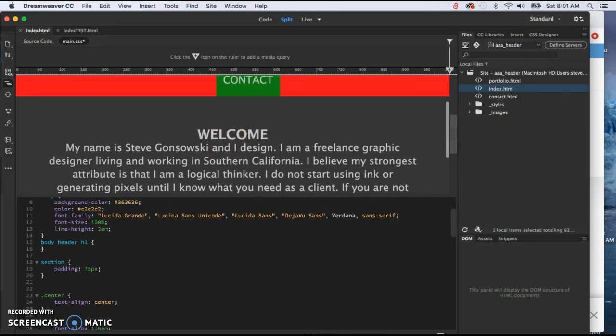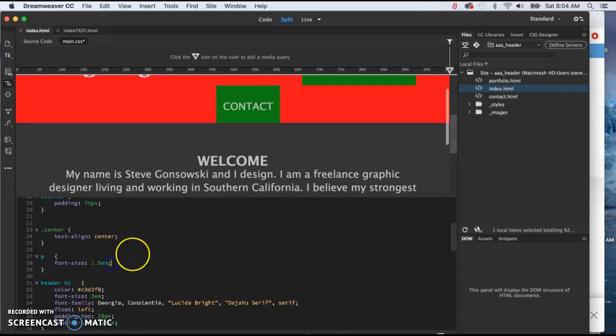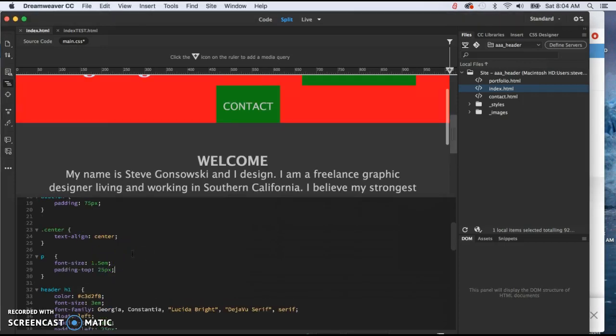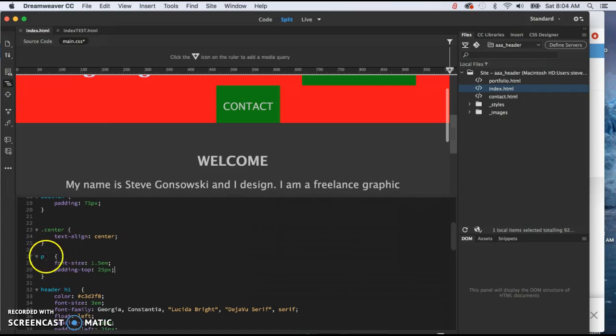The H2 tag is too close to the paragraph. So what I'm going to do, since this is a portfolio site and not a paragraph heavy site, is I'm just going to write right in for the P tag. But if you have multiple paragraphs, again, you'd have to use a class in front of here. You can see that gives that a nice spacing, and if we do a save all and view that in